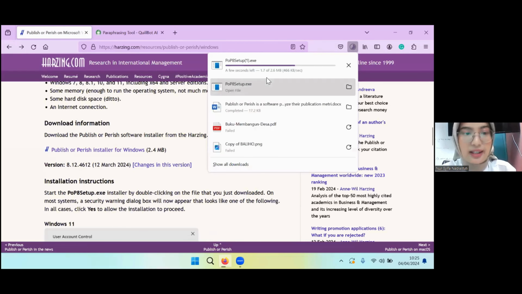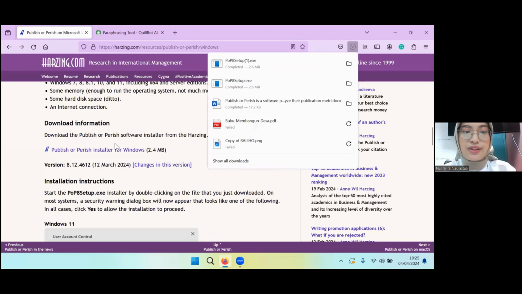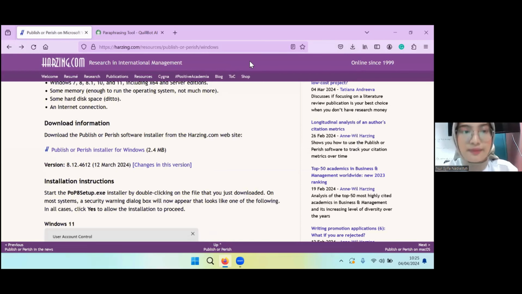After you click the Publish or Perish installer for Windows, there is a pop-up, setup.exe. You can open the file. Then you have to allow this app, Publish or Perish, to make changes on your device, so you have to click yes.